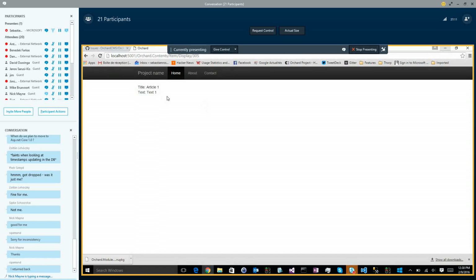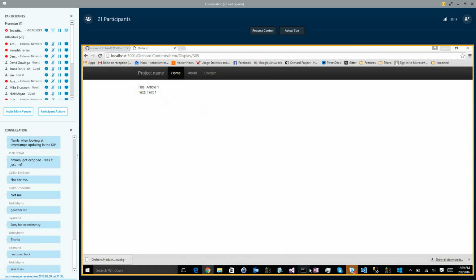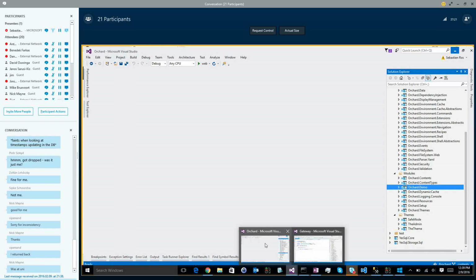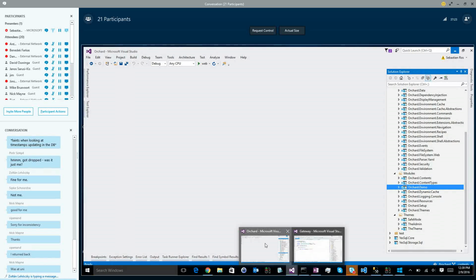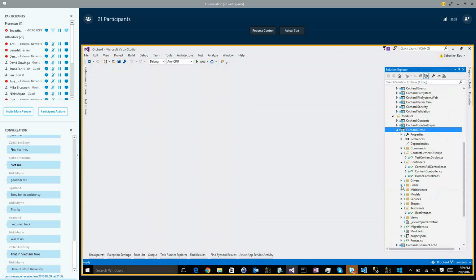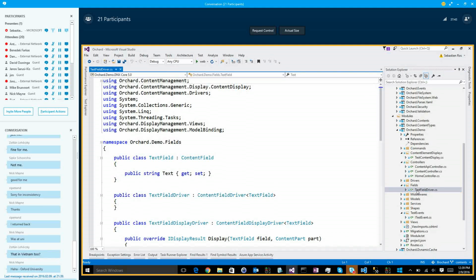So this is for displaying what one. Yes, I wanted to show you the code for that thing. So what is interesting in Orchard 2 in terms of fields and parts is that if I look at the text field in this module, fields, the text field driver. So you need two things. You need to implement the content field to say, oh, it's a field, and you need to implement a content field driver to register the field, and you need for parts and fields the display driver, okay, to render things,